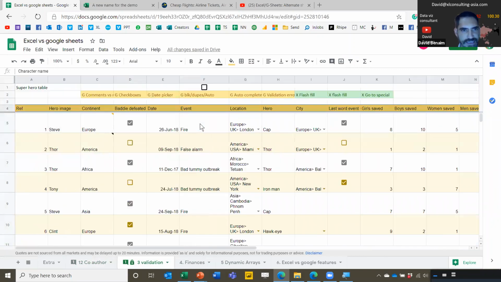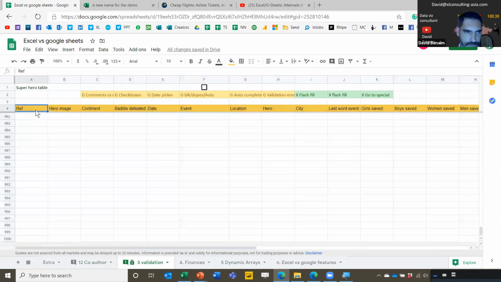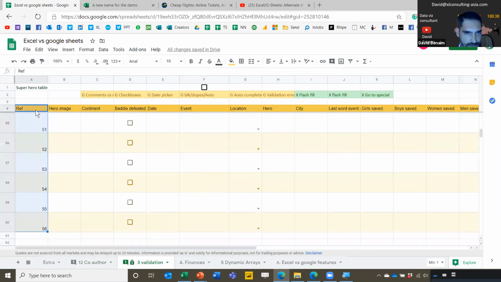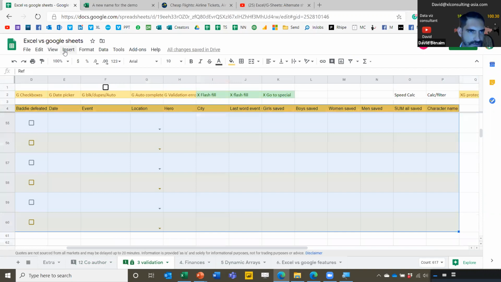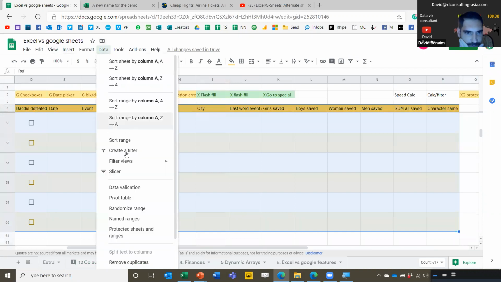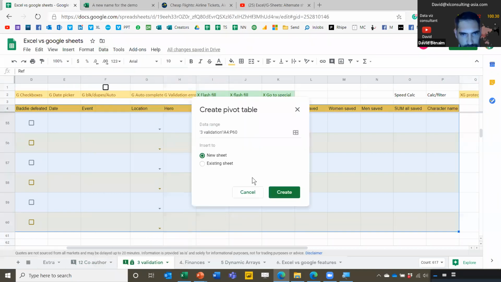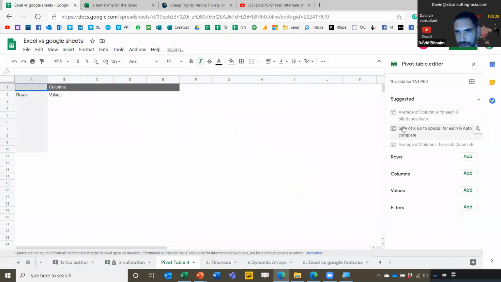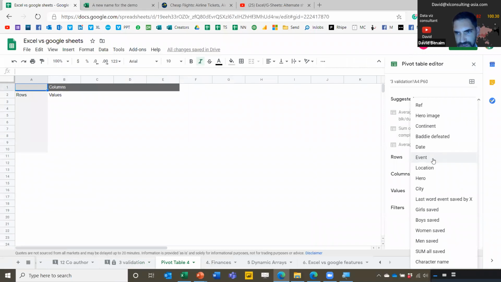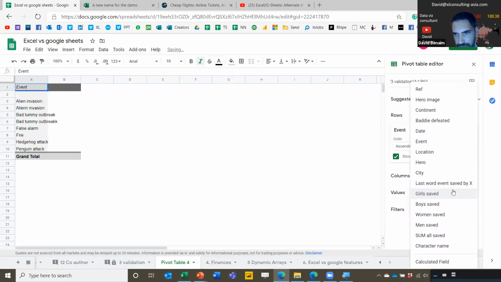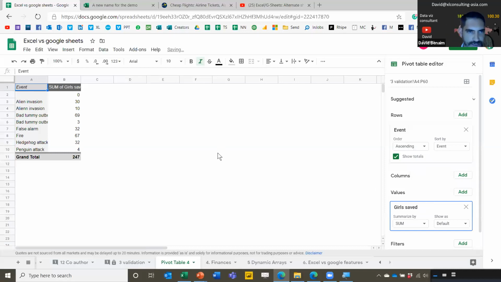So if I select some data and go to the Data tab, then Pivot table, I'm going to put that in a new sheet. Then I can say I want to see event by girls saved, for example, like this, and it will give me this pivot table.